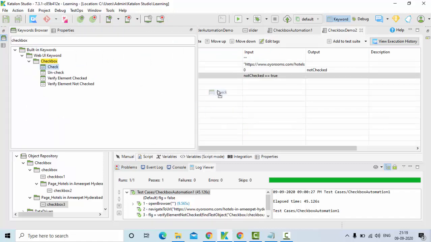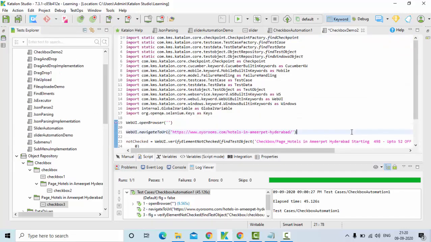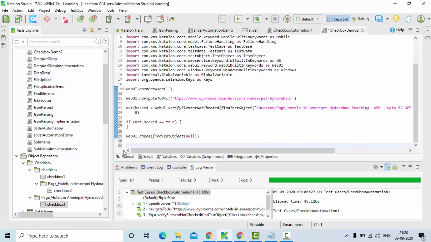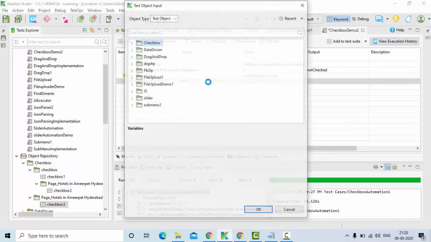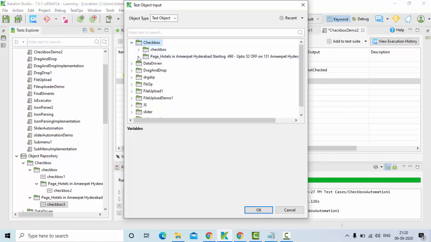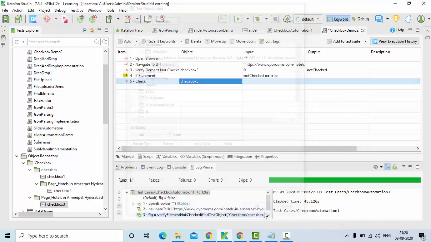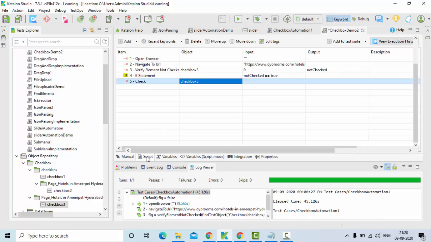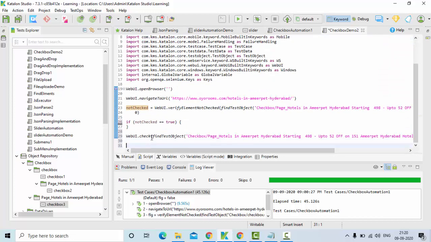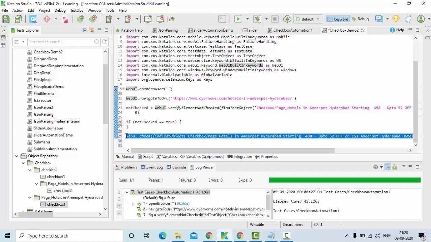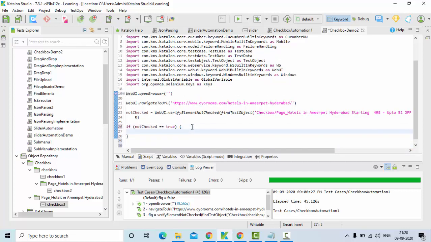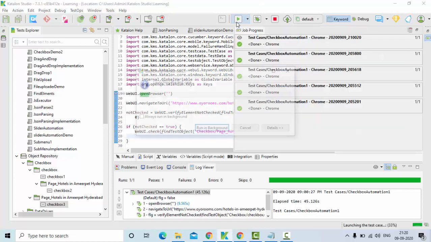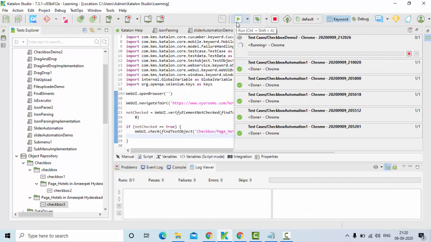So check that. This is my check. Which element do I need to check? I need to select my checkbox. This code you put in the if condition. So I am identifying whether the element is selected or not. If it is not selected, then you select it. That is the logic I am implementing here.